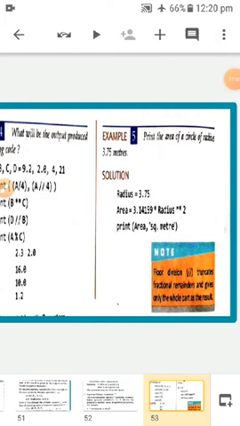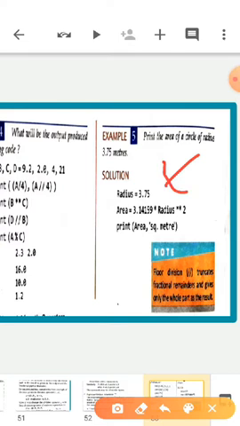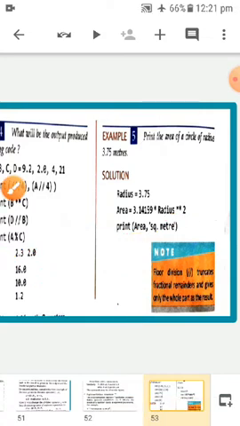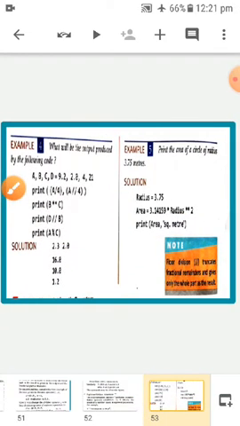Okay, now next example is print the area of a circle of radius 3.75 meter. Now radius is given to you, 3.75. Area is pi r square. Pi value is 3.14. Radius we can write into this because r square you have to represent. You can write like this with the exponentiation, and you will get the area. So I hope you are able to solve these types of questions clearly.